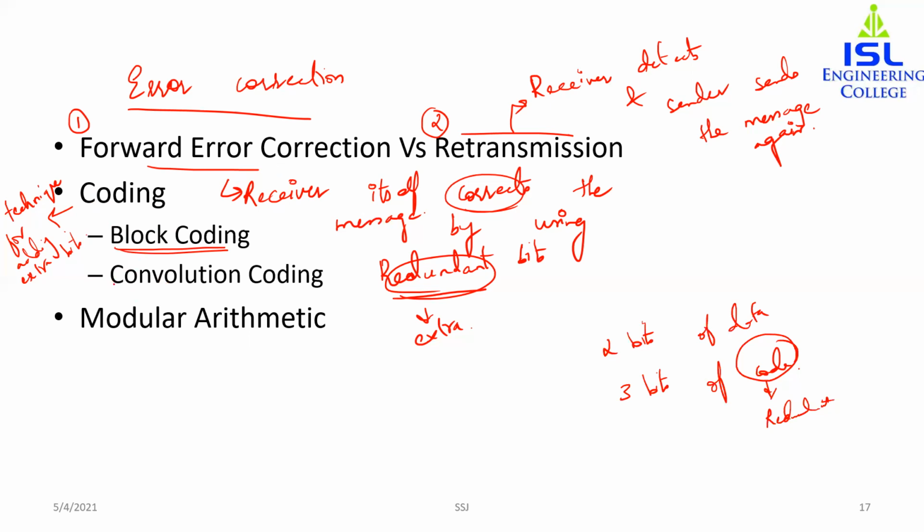So even in the syllabus and even in the textbook, it is not given. We will study in detail about block coding, which will be your next topic. Before we start block coding, we have to learn about another term, which is modular arithmetic. Modular arithmetic is something we learn while doing programming, but let's see this once again.